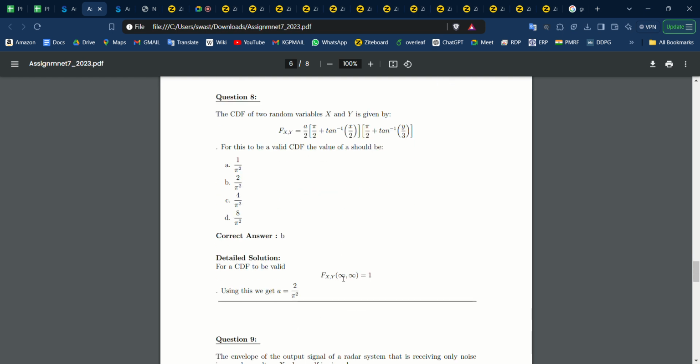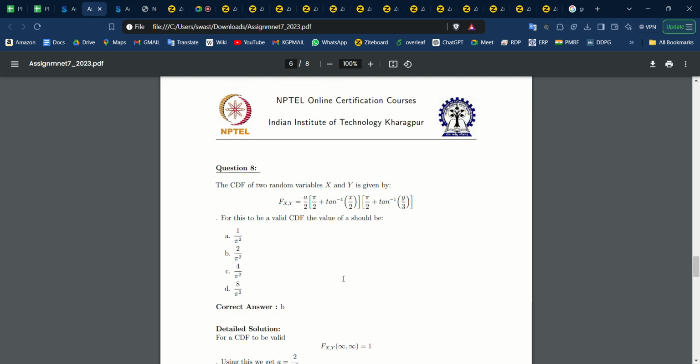Okay, for this to be a valid CDF, the value of A should be... So this is not a PDF. Now we come to the topic of CDFs. So to be valid PDF,